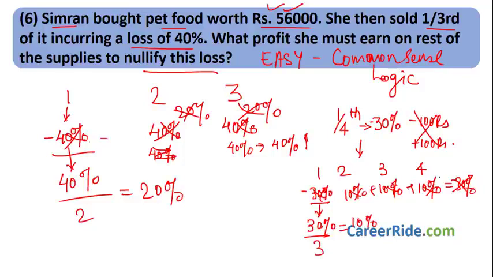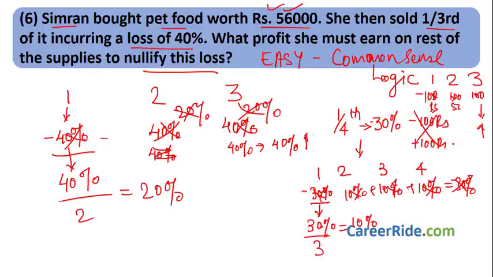I'll give you another example to explain this logic. Just like we said earlier, say I did 3 transactions in a day. In the first transaction I got a 100 rupees loss. Okay, 100 rupees loss. Now I want to nullify this 100 rupees by using these 2 transactions. If I take 100 rupees profit here, 100 rupees profit here, same to same, what will happen? This will get nullified over here, and again I'll be in profit, but I don't want profit, I want no profit, no loss. Nullify the loss.